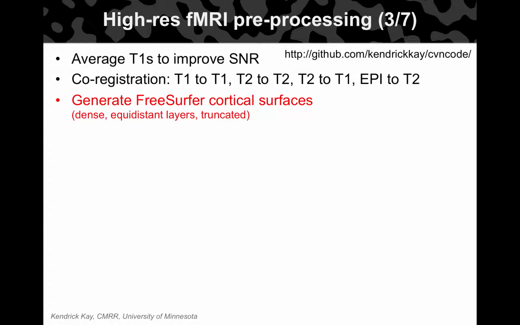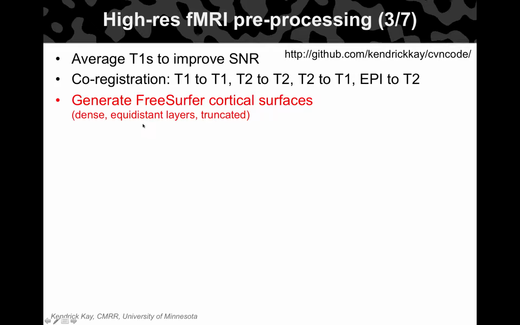As I've already mentioned, we're using FreeSurfer's ability to do a pretty good job automatically giving you segmentations and surface reconstructions. We perform additional steps to make these surfaces even denser, because the high-res fMRI data that we're talking about is 0.8 millimeter nominally, so 0.8 millimeter isotropic. The standard FreeSurfer meshes, I believe, have inter-vertex spacing of 1.25 on average. So the functional data is even below that. We have to do something, otherwise we're going to lose some of the resolution in the original functional data.